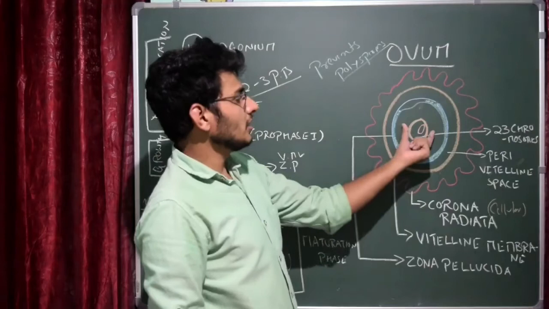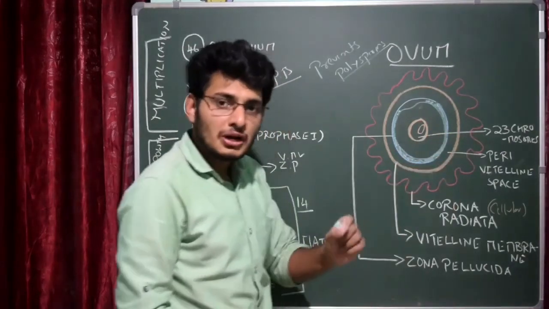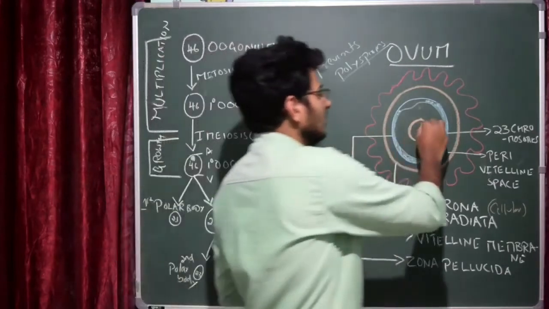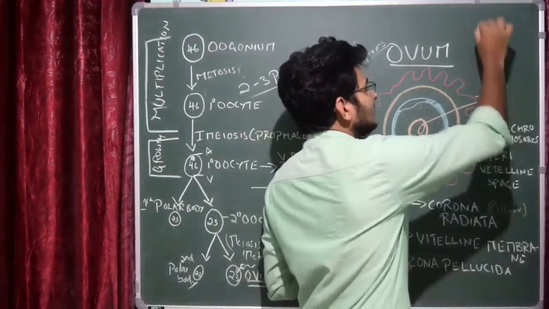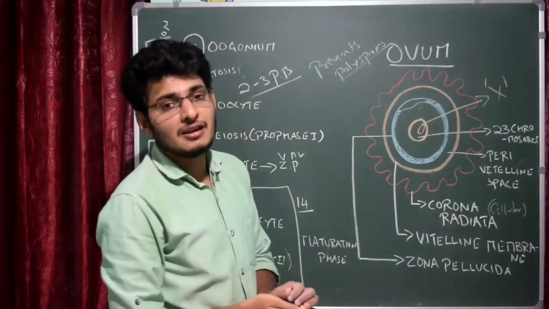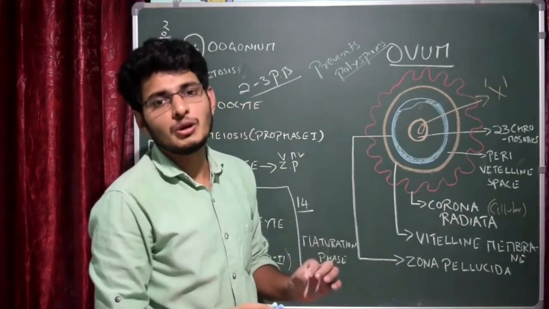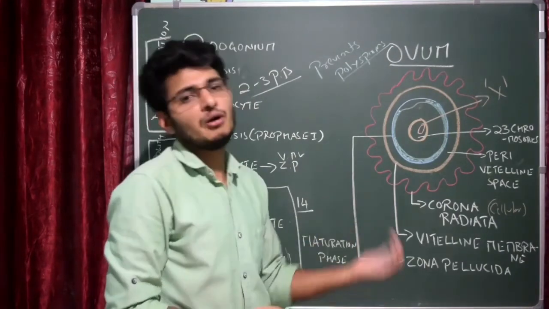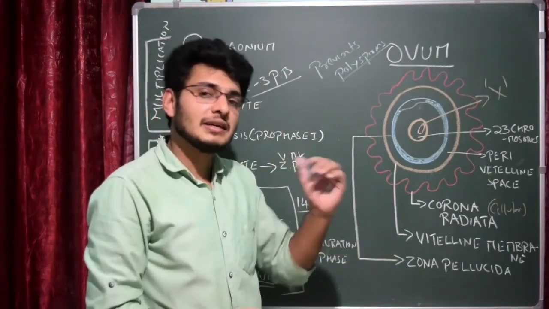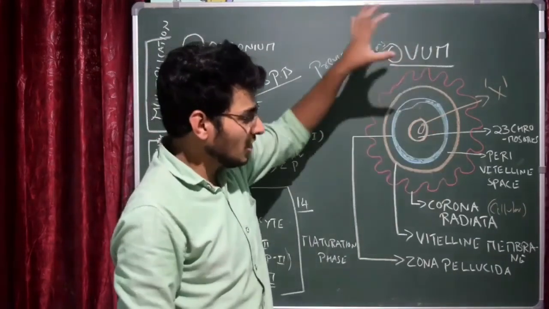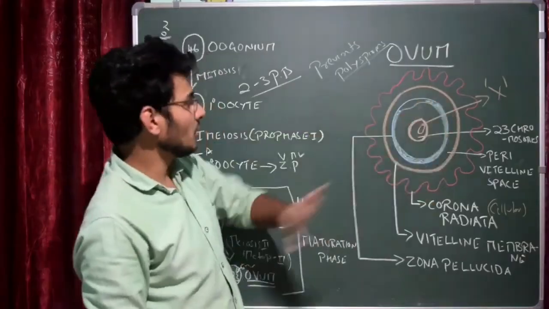This nucleus contains only 23 chromosomes. Particularly, what kind of allosomes are present within this nucleus? Anybody? That is X, only X chromosome, correct? So that is the thing to remember. So the male, that is the sperm, plays a vital role in sex determination. It decides whether the baby should be male or female, because the sperm contains either an X chromosome or a Y chromosome. So that's all about the structure of the ovum. Please remember all these things. Okay, done.